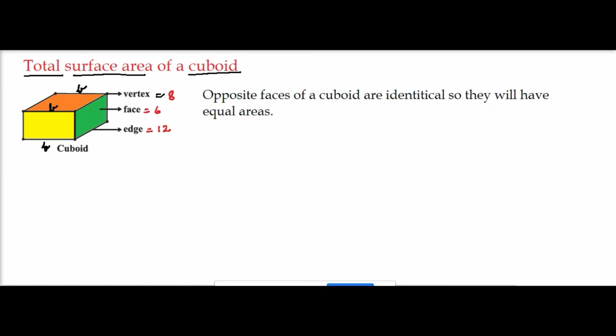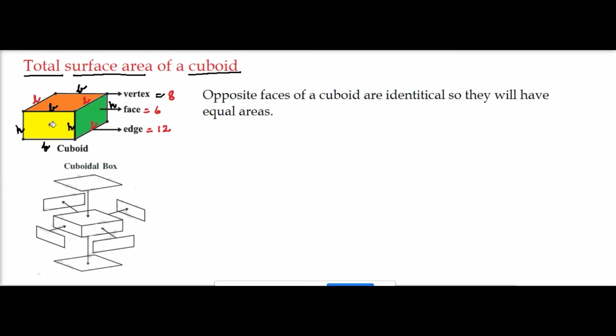We can write length, width and height. The sides which are on the plane, we can take the longer side on the plane as length and the shorter side as width, and the edge which is standing vertically, we can take it as height. So if you remove all the sides of the cuboid, you will see top and bottom, which is exactly same. Two side faces, they are also exactly same, and front and back, which is also exactly same. So total we will get 6 faces.